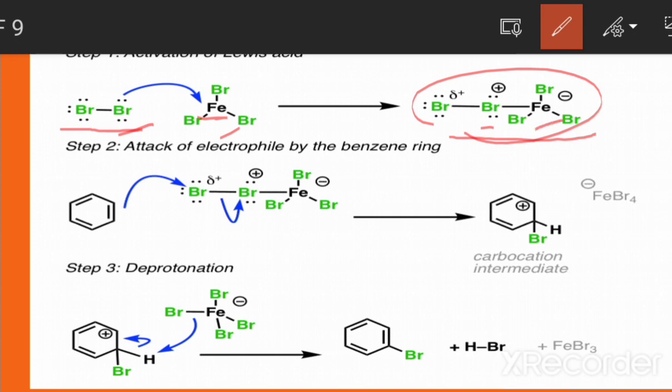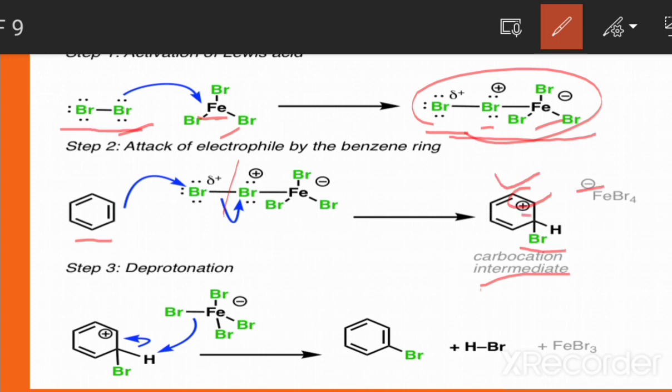And because of this charge, when this compound or complex reacts with the benzene ring, it will break its bond with the bromine atom, and this bromine atom will attach to the benzene ring and convert it into an ion that will resonate along the ring. And we will have a carbocation intermediate, and this is the electrophile because it has a positive charge, and it will